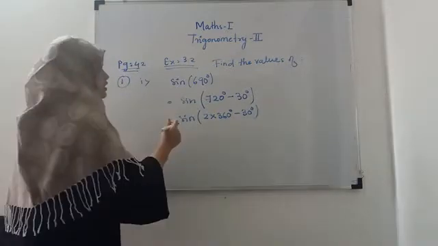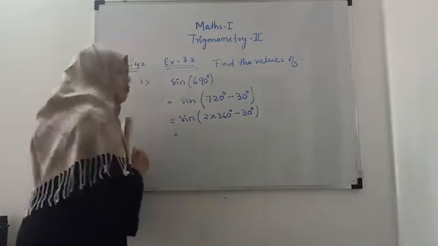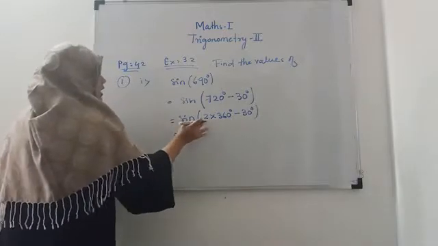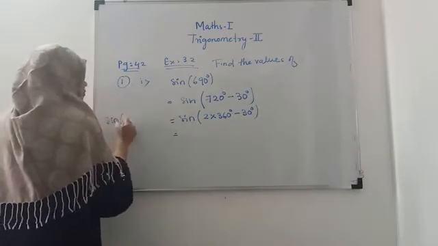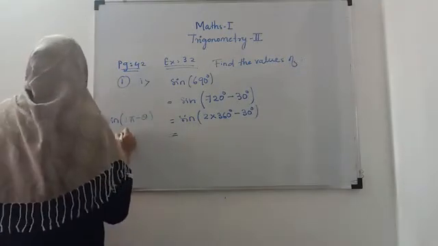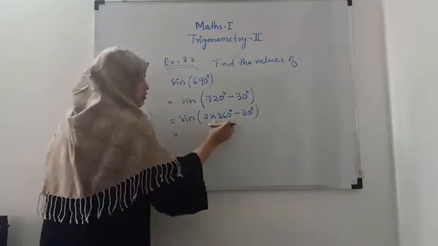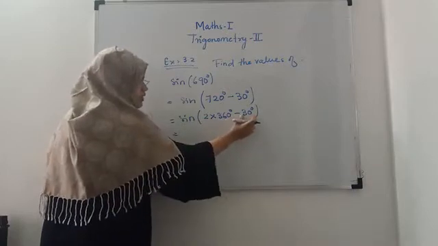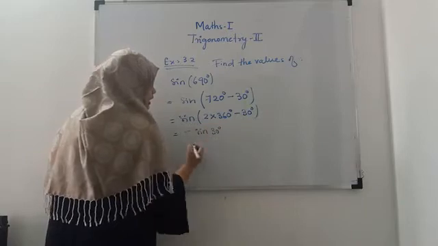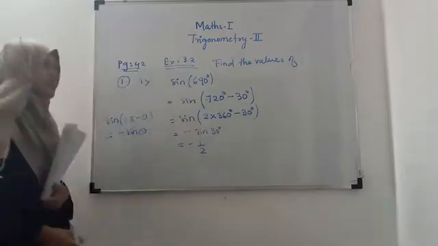Now here it is a multiple of 2 pi. So we know that sine of a multiple of pi minus theta, this is 2 pi and this is 2 into 2 pi, so if it is a multiple of 2 pi minus theta, the answer will be minus sine theta. So sine of this term is equal to minus sine of this. Here theta is 30 degree. So this is minus sine 30 degree. Now what is sine 30? It is half. So your value for this angle is equal to minus half.